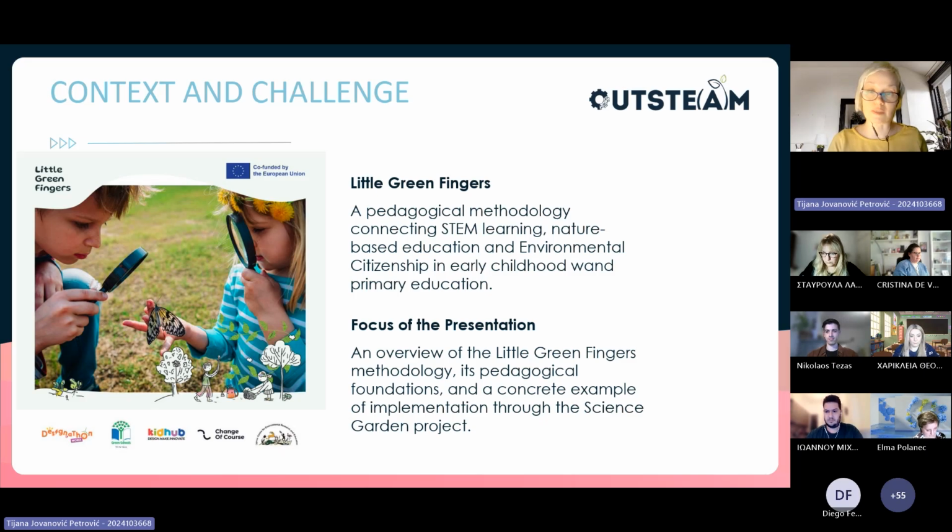So drawing on practice-based experience, this approach highlights how inquiry, play, and design-oriented learning in natural settings can support children in developing curiosity, responsibility, and, as I said, agency from an early age.